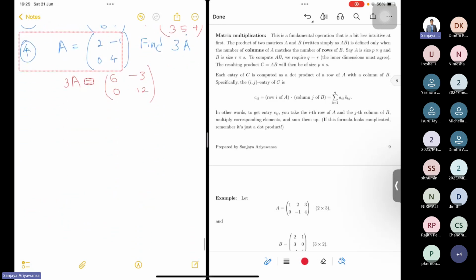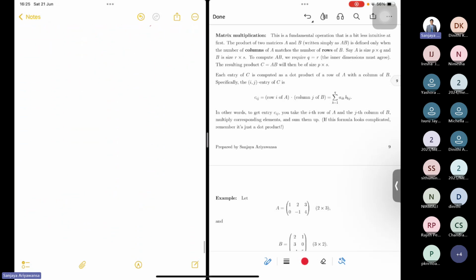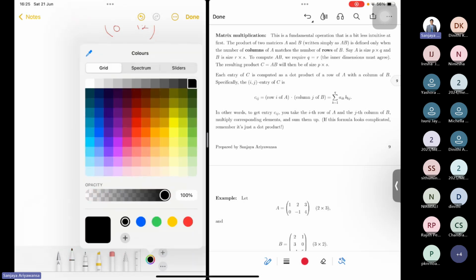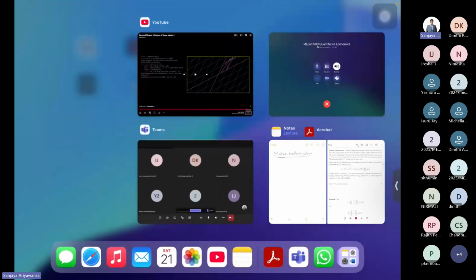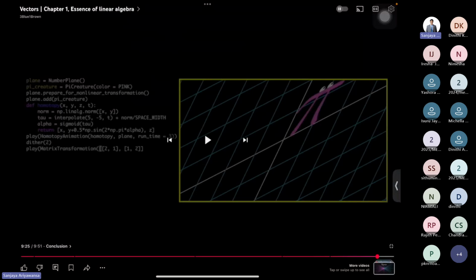Now we come across something important, something called matrix multiplication. Matrix multiplication is not as intuitive as the previous ones, matrix addition or matrix scalar multiplication, because matrix multiplication works in a different way. So I thought before we come to that, it's good for you to have an understanding of what